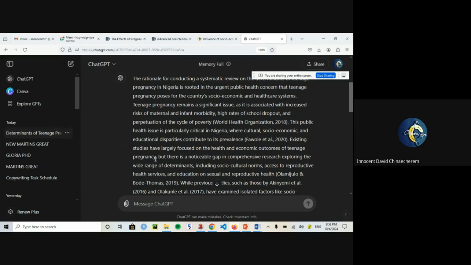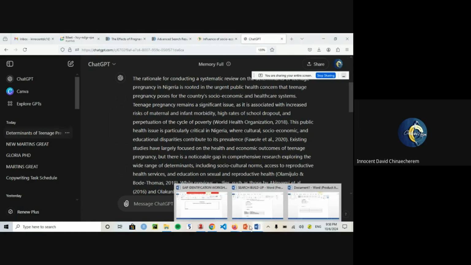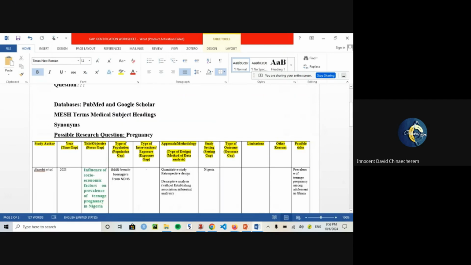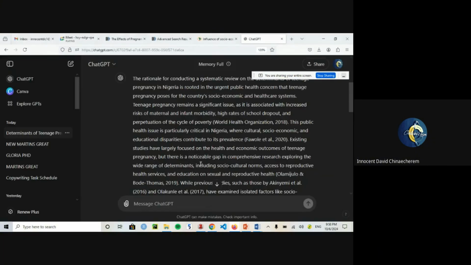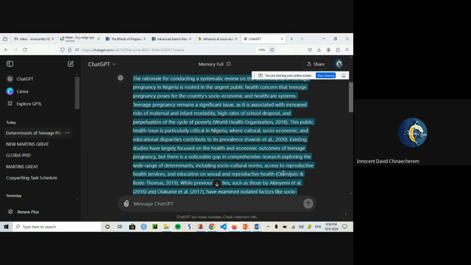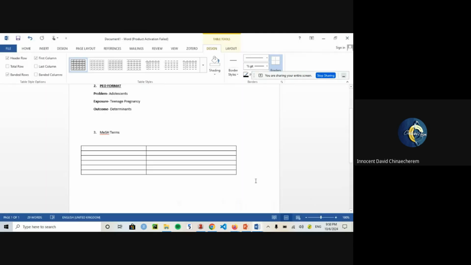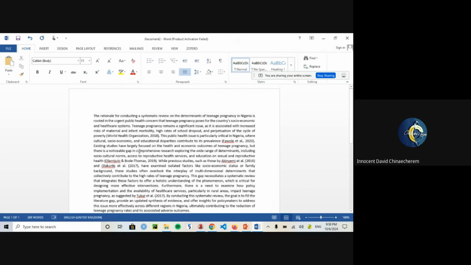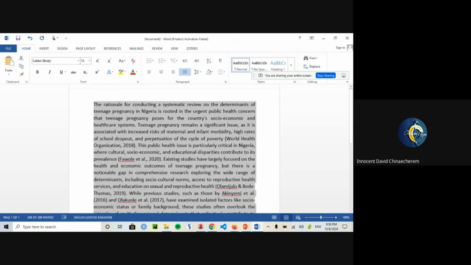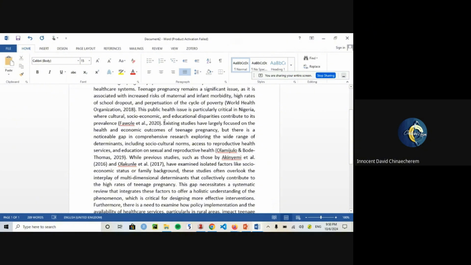Remember, this now means by then you should have recorded them in your gap identification search, and that is where you can now start. You can cite some of the previous existing studies here in this line. Or let's copy this and bring it out to text here. So this is an example for the sake of this session.